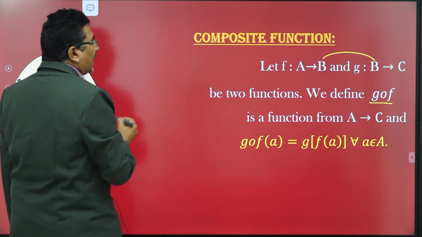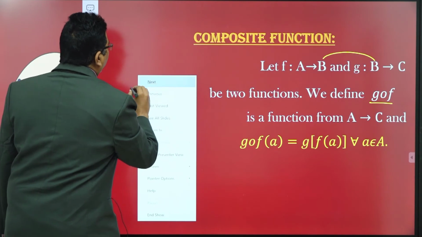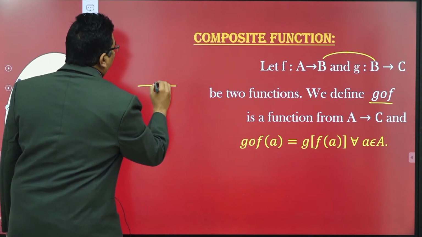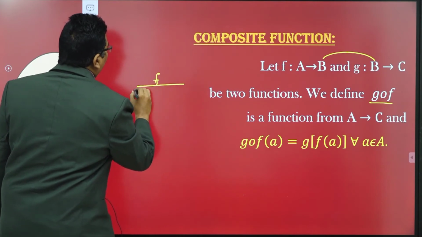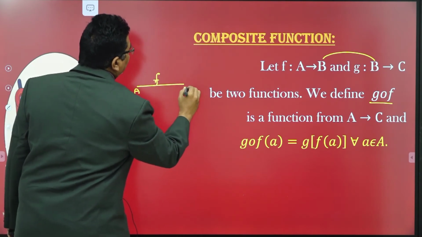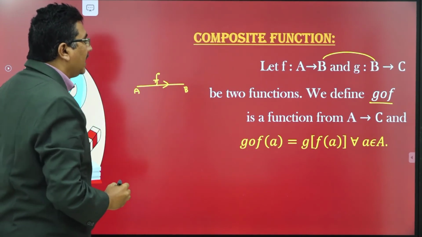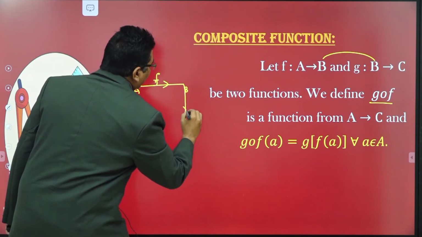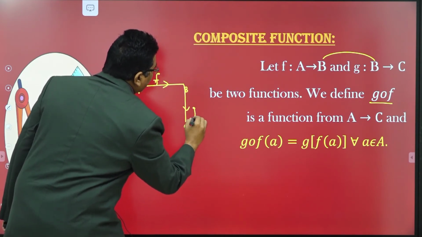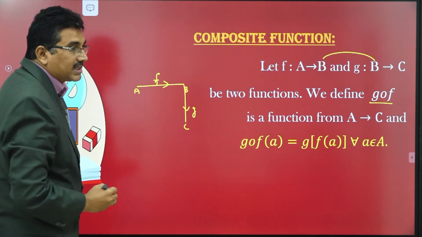Now, draw a diagram: f mapping from A to B, where this is A and this is B. And g from B to C, g is a function from B to C. Now, g circle f